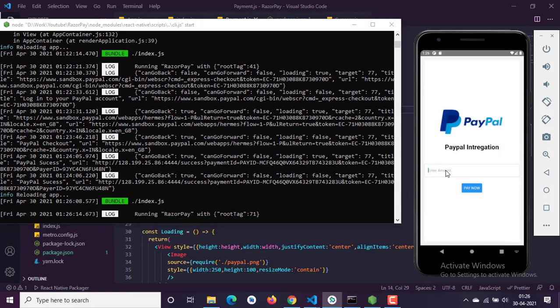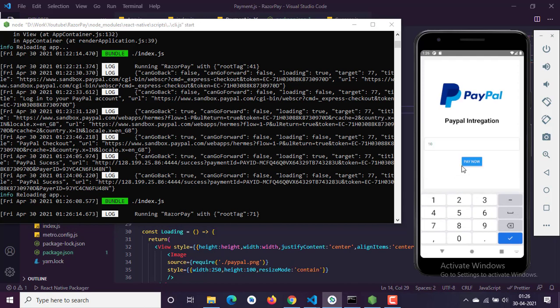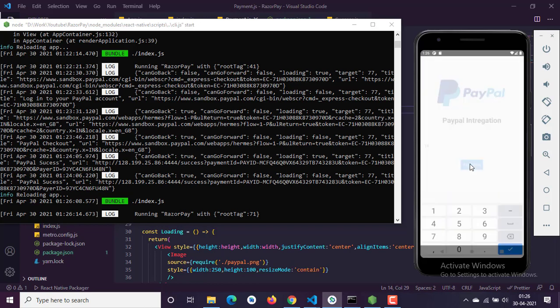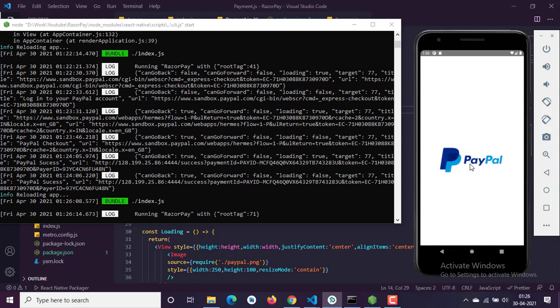So if I enter 10 now, in previous you saw I entered 5, and you also saw that it was showing 5 USD. Now I'm sending 10, so you want 10 USD from the user. Initially it's showing the PayPal logo. Just I enter that